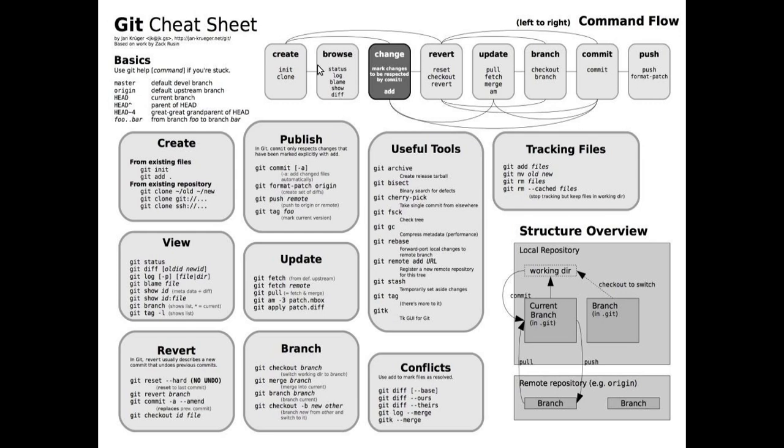Okay, now just see the sequence. First we create, then browse. Browse is independent, you can always use browse. Now once you create it, if you want to change, go to the change. Then if you add something, then directly go to update. Here you can update it. Okay, once the update is done, one more thing you can do: instead of update you can also commit that code, and once committed you can push it.